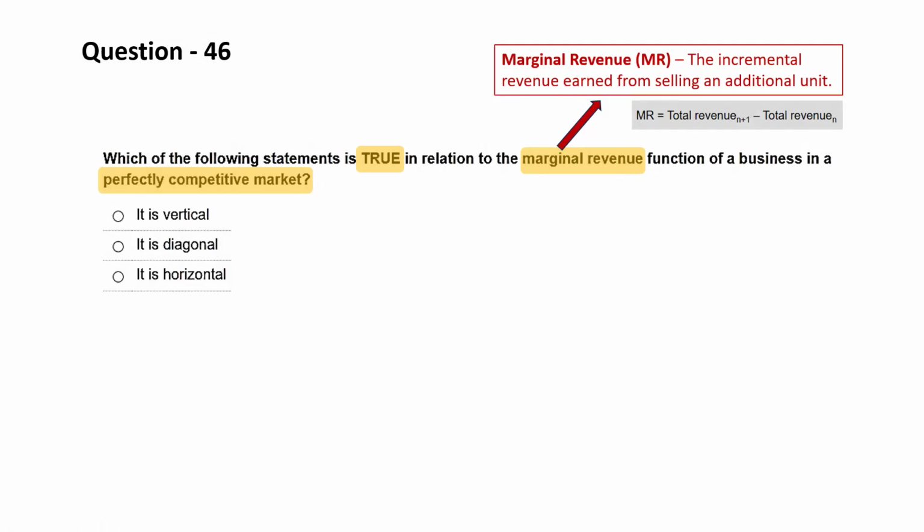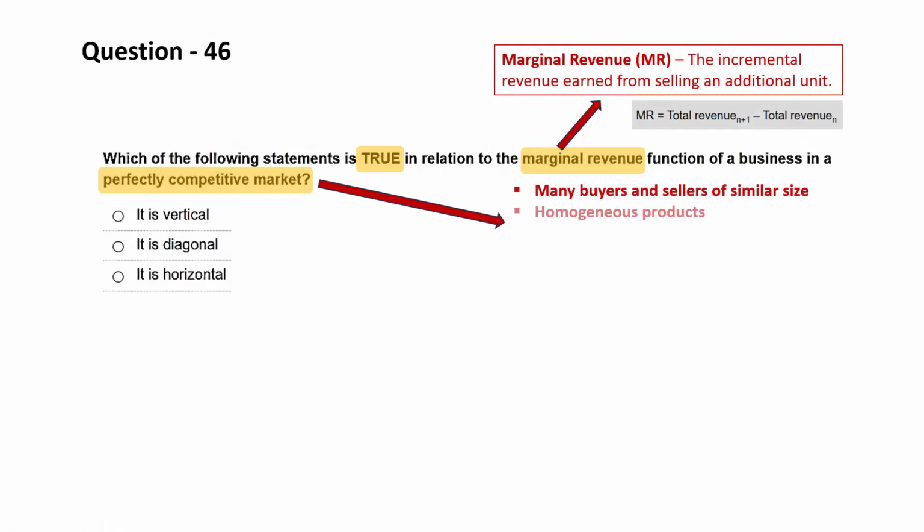Let's also remind ourselves of what is meant by a perfectly competitive market. In a perfect market, there are many buyers and sellers of similar size, selling identical or homogeneous products. There is perfect information in the market, so buyers know all products that are available and all the sellers of that product. The price is set at the equilibrium by the forces of supply and demand, so no individual supplier has any influence over the price,